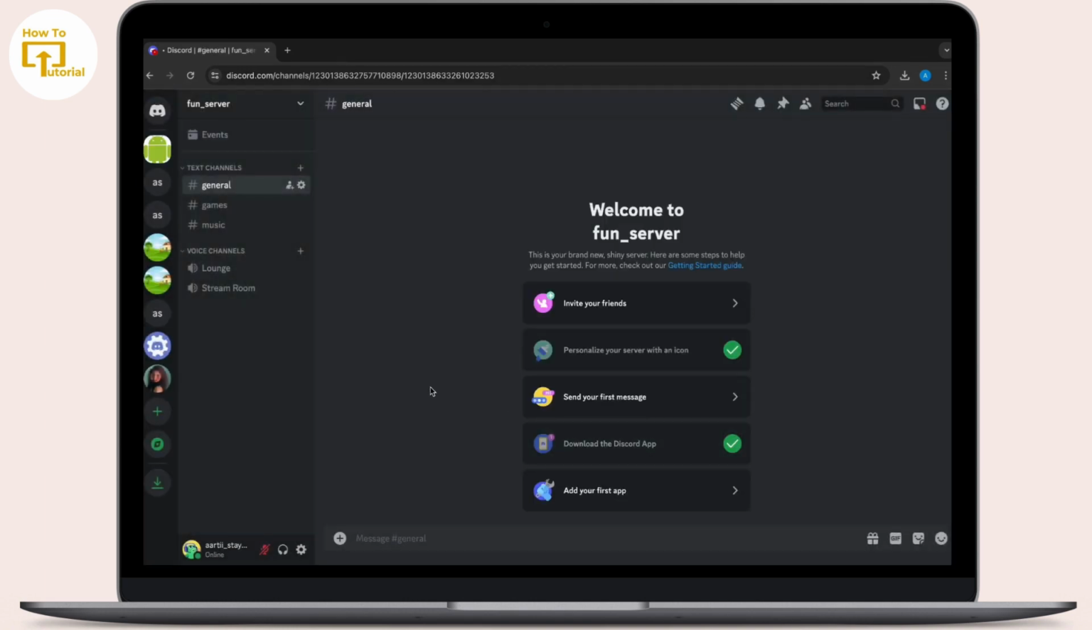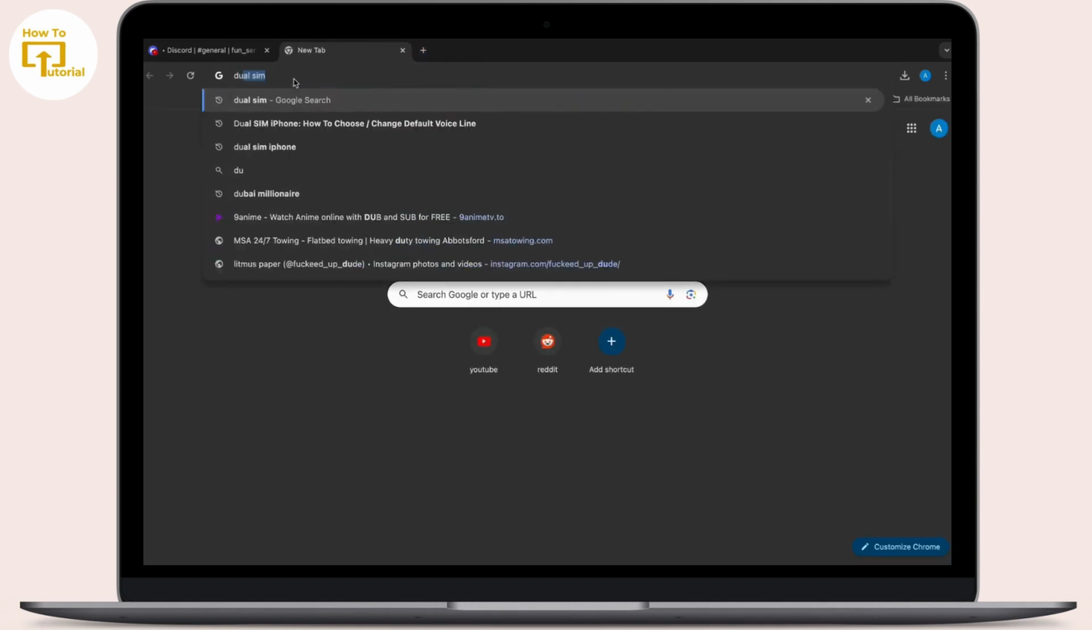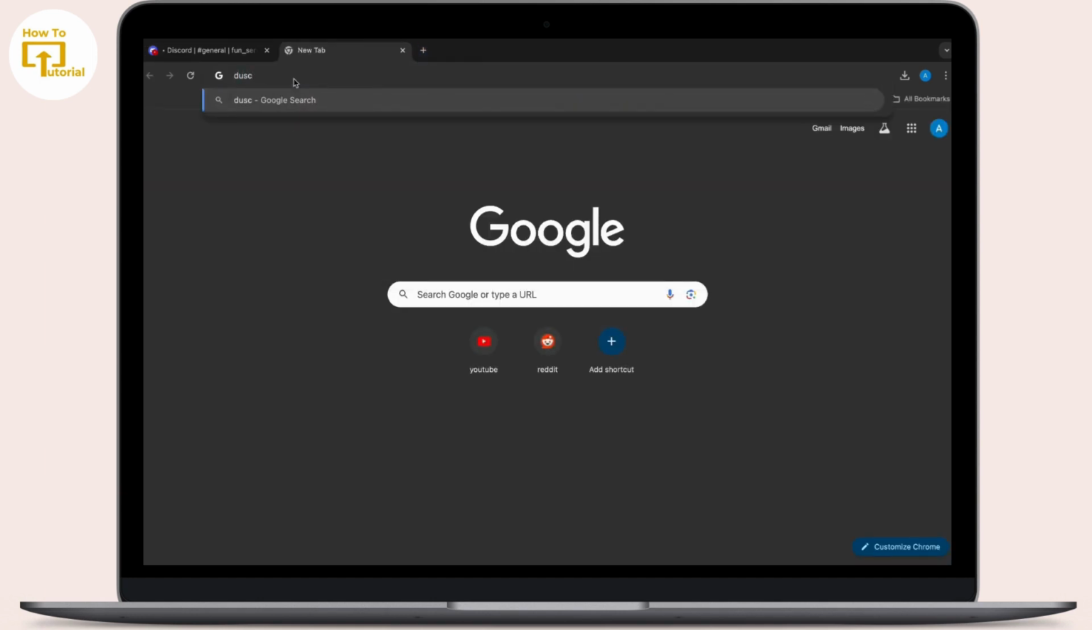And here you have created a server. But now if you want this server to be fancy and you want more options to be available on your left sidebar, then simply go to the Discord templates option in your new web tab and type down Discord templates there